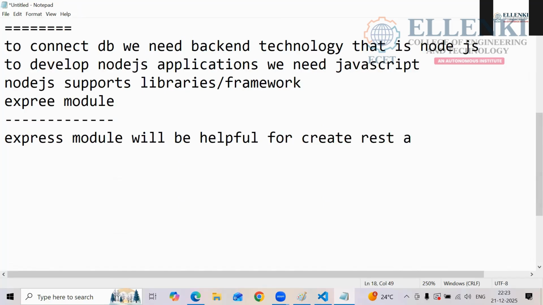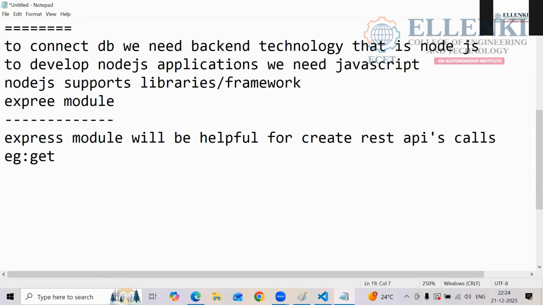So what are the REST API calls? Can anyone tell me? What are the examples for this?